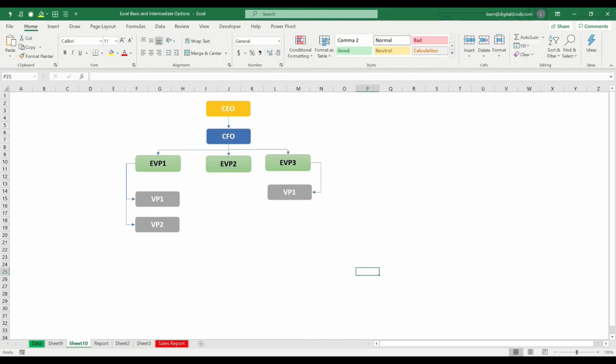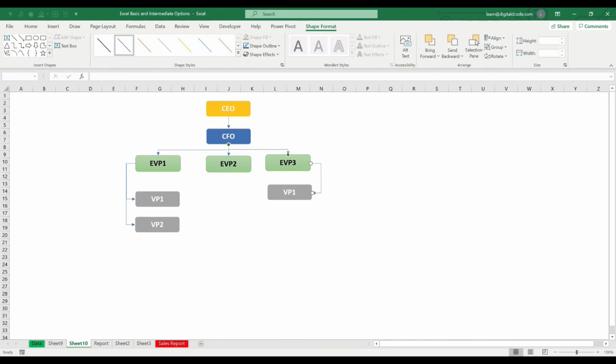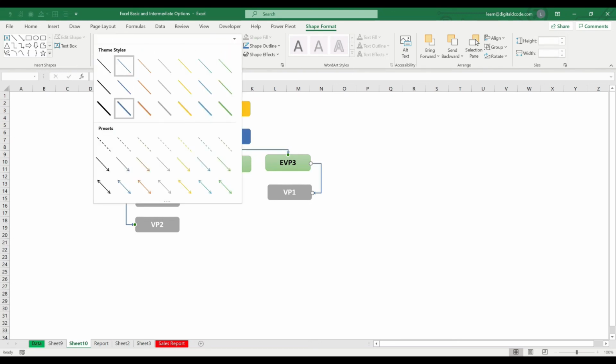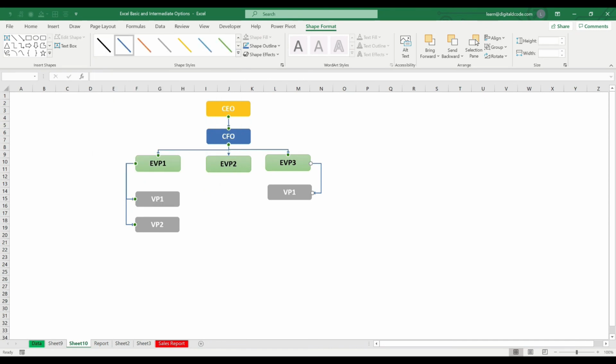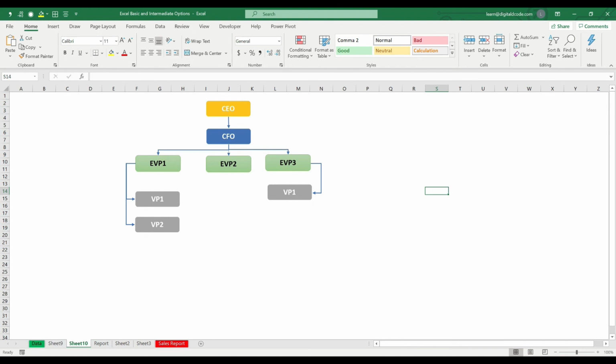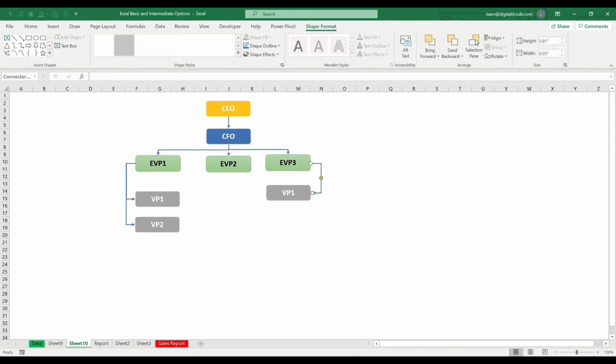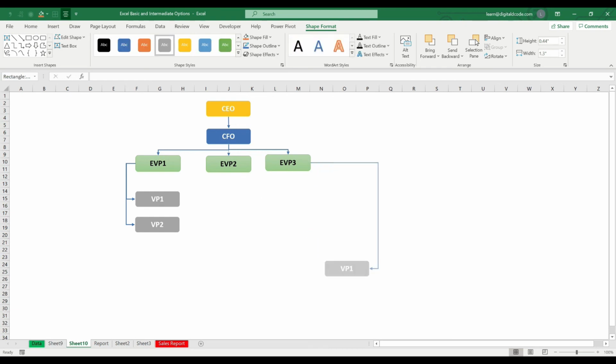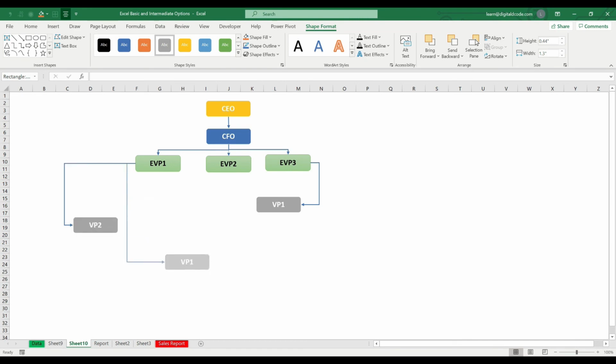Okay. So in case you want to increase the thickness of the line, you can select all the lines, you can increase the thickness. This is a design for the line. Once you select it, it will appear automatically. So I want to make it blue. Okay, and also if I move this, since all are linked, I think this is not linked. See, even if I move, the link will not break. So here also, if I move also, the link will not break. See, because all are connected.